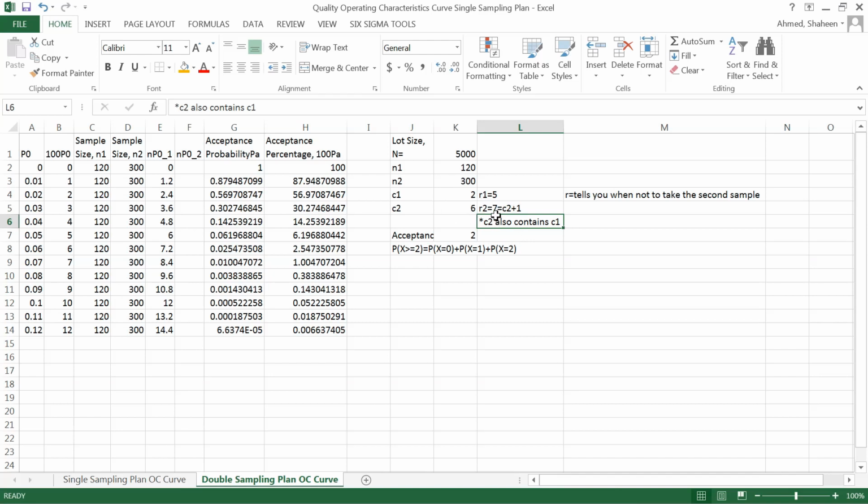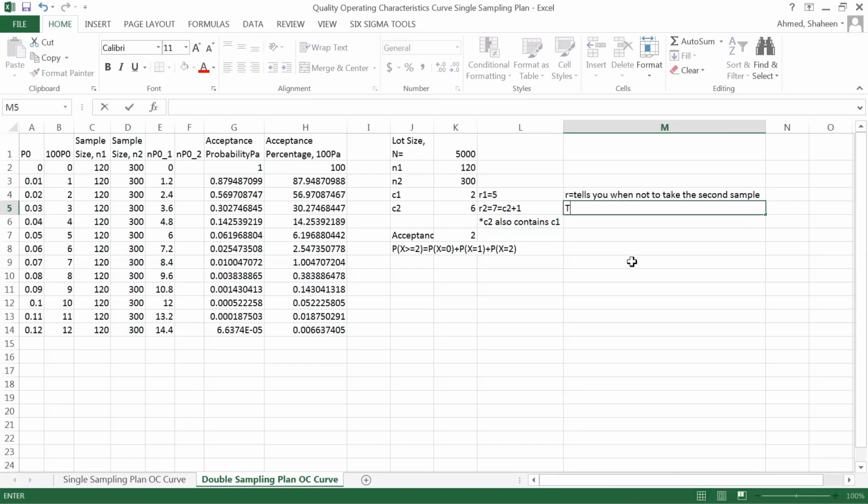Otherwise, R2 is not really significant in a double sampling plan, because what R2 indicates is if you get 7 defectives combining the first sample and the second sample, then you don't take any more samples. So basically that defines that this is a double sampling plan,